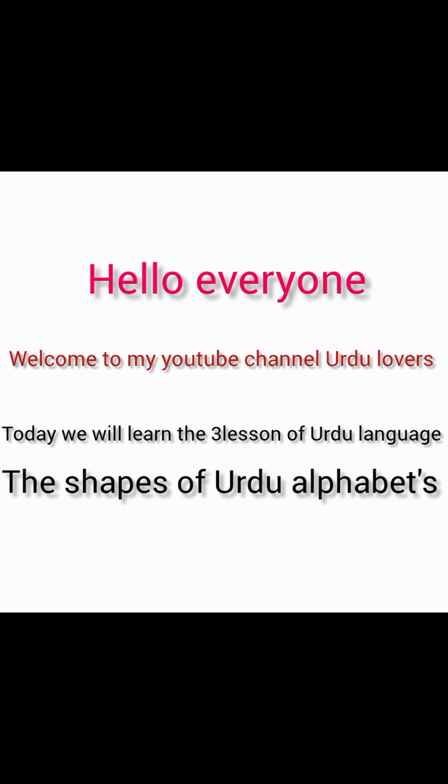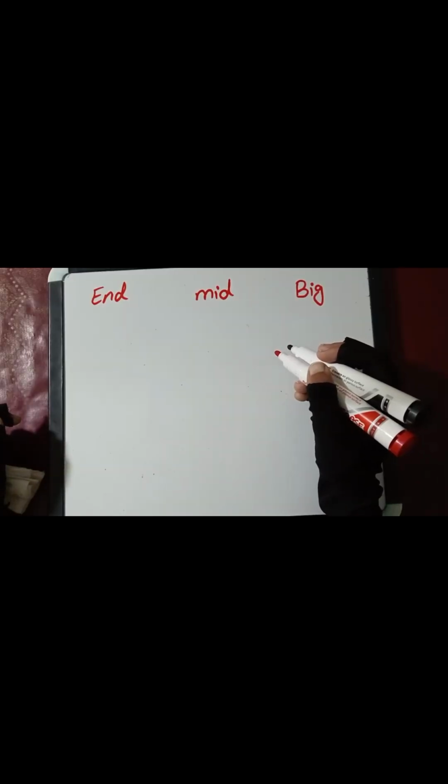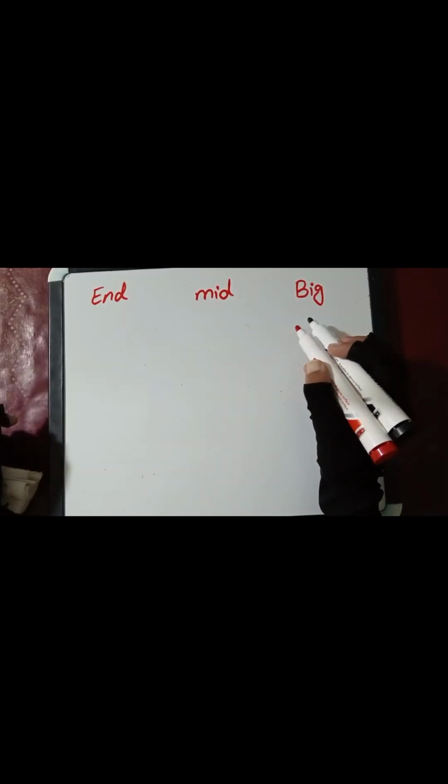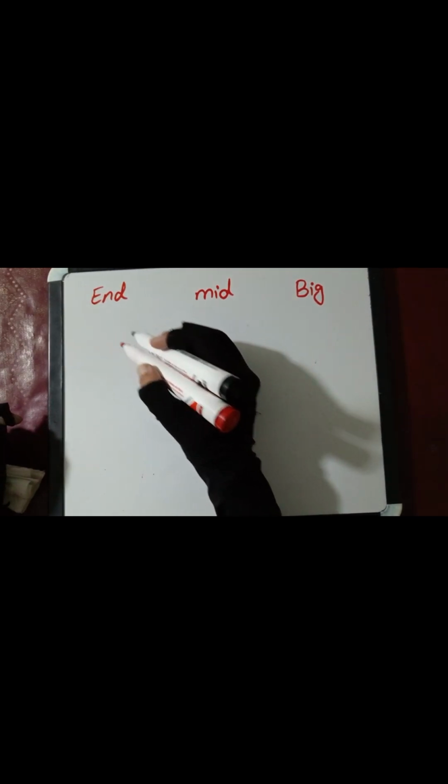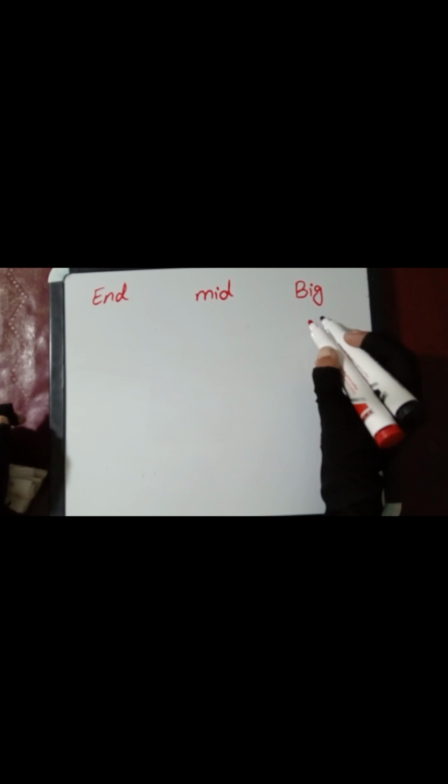Today we will learn the third lesson of Urdu language, the shapes of Urdu alphabets. So let's start. We have three shapes and positions of Urdu alphabets: beginning, middle, and the ending. First of all, alif,